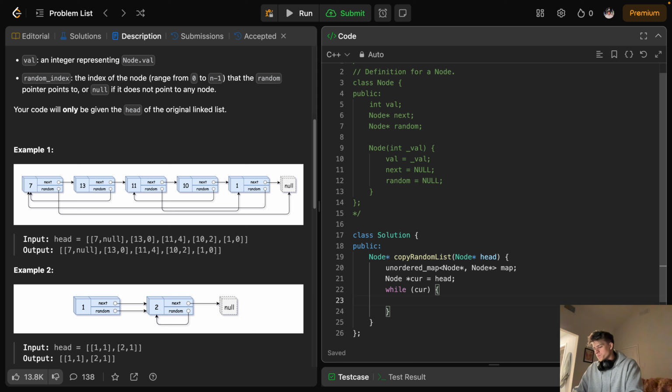So first pass, we're going to create a Node star, and I'll call it copy, because this is going to be the new node that we're copying. We're going to use the keyword new and Node, and we can see the constructor here. There's only one constructor and it takes the value. So the value we want here is going to be the current value, right? So that's our new node,